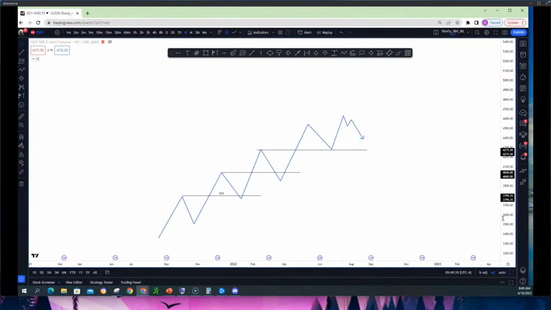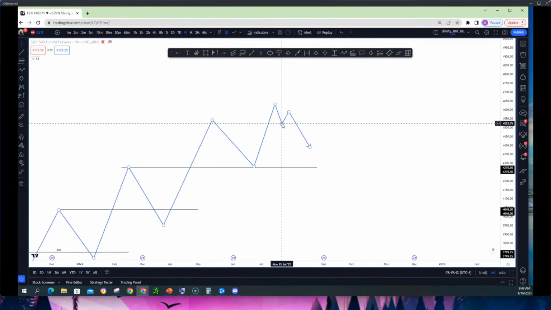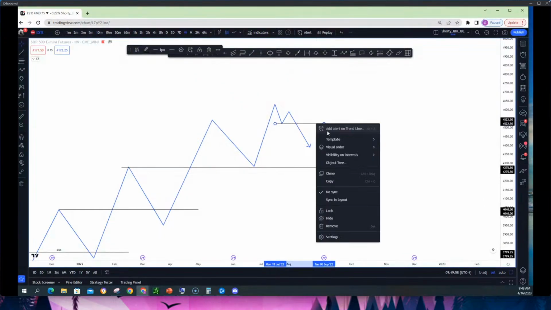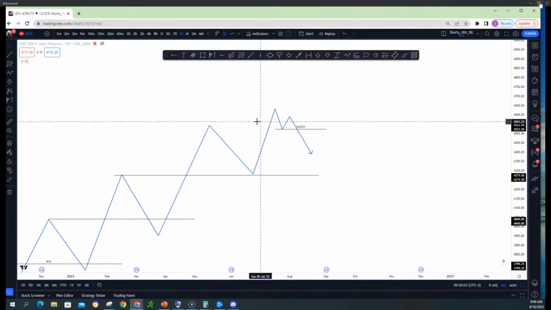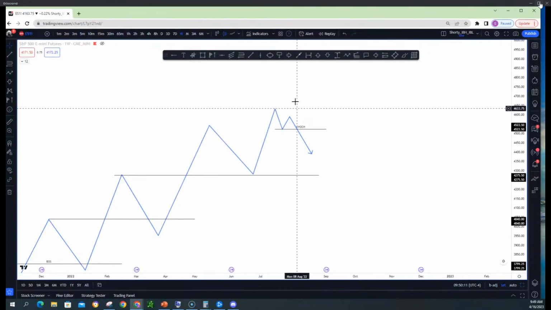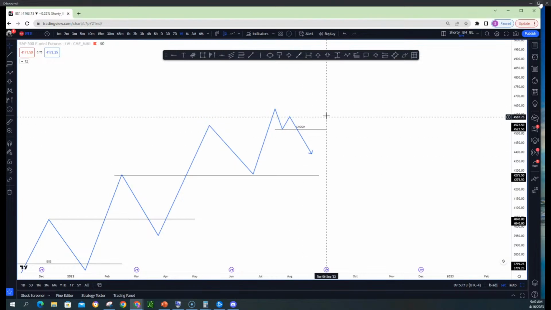You guys see that? So what happens is that this is your change of character. You're changing the characteristic of the market from making higher highs and higher lows to what? Lower highs and lower lows. So now this piece right here, for me, in my world, when I talk about terminologies, I call this, whatever, a CHoCH or whatever you want to call it. I call it change of character. If you have a better name to come up with, feel free. Everybody else comes up with new names every day and they call it a new strategy. So if you want to call it, I don't know, sunflower break, call it sunflower break. I don't care.